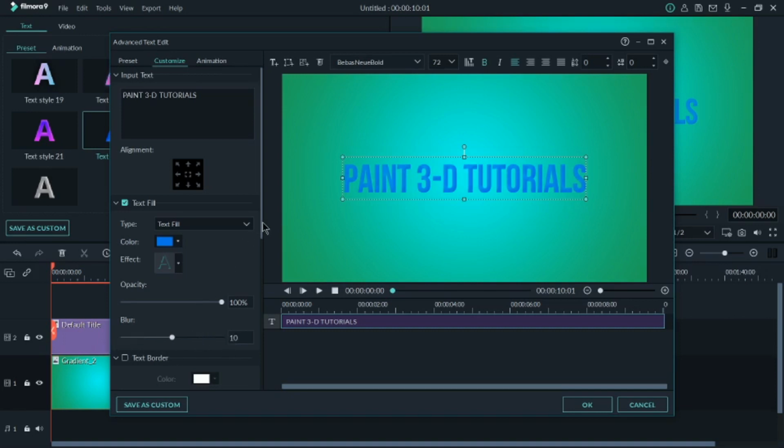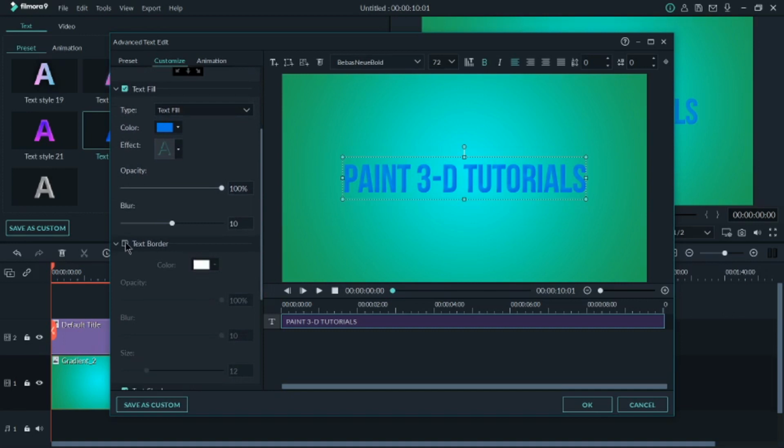And if I want to now add the text border, I need to click the checkbox here, and I can select the color border which I want. For example, I'll take dark blue, and I'll increase the size of my text border. See, and if I want to blur it, I can increase the blur from here, but for me this much is fine, 4.